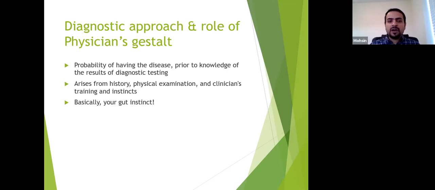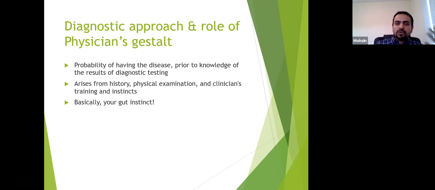It's basically our own gut instinct about how much risk we think this patient has, considering the risk factors and the examination findings, of having a PE. Normally in the literature, they say you should have five years of experience post-graduation to have a good physician gestalt and a good estimation that this patient might be having a PE, comparable to using any risk stratification scores.